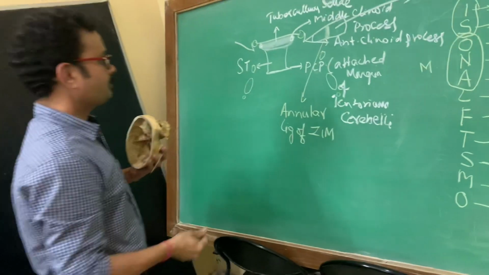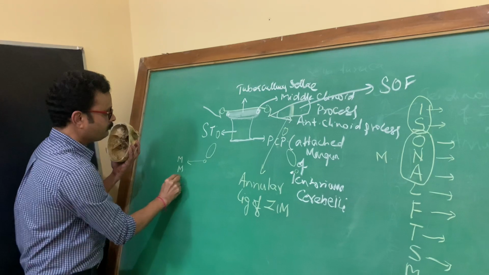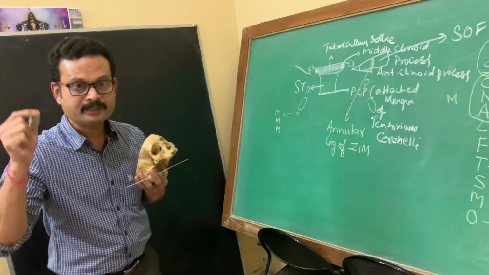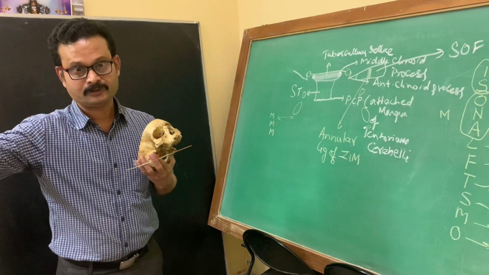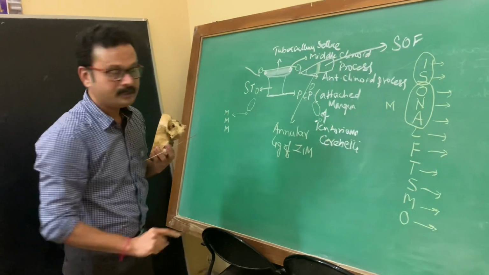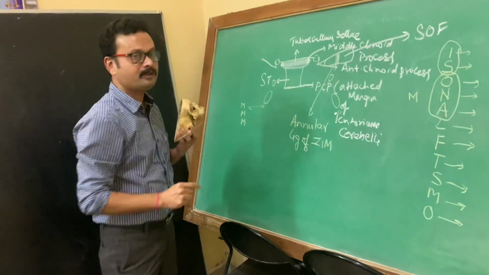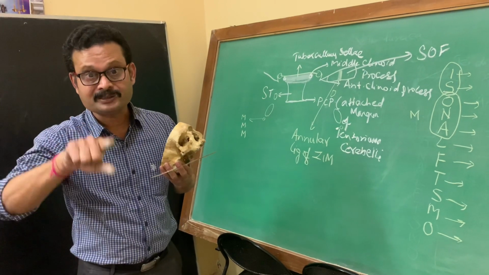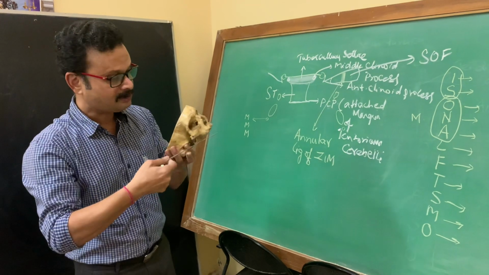Is it clear? So that this foramen spinosum transmits all M's you remember: middle meningeal artery, middle meningeal vein, meningeal branch of mandibular nerve. All three M's: middle meningeal artery, middle meningeal vein, meningeal branch of mandibular nerve. This meningeal branch of mandibular nerve can also be called as nervus spinosus because it is closely related to the spine of the sphenoid. Hence it is called nervus spinosus.